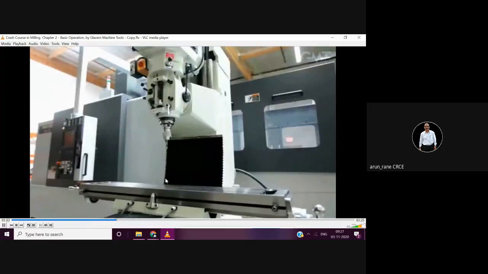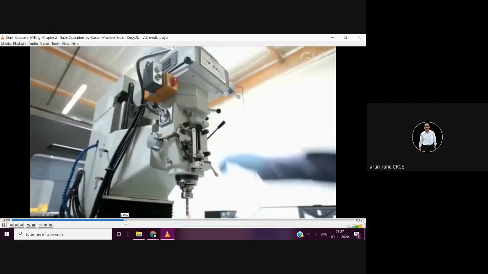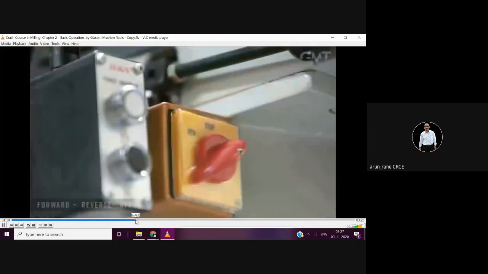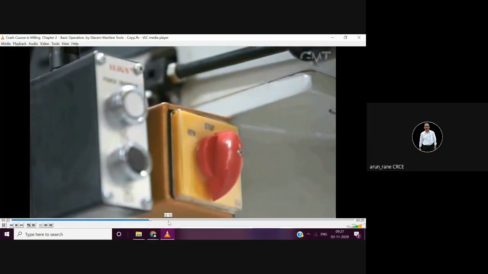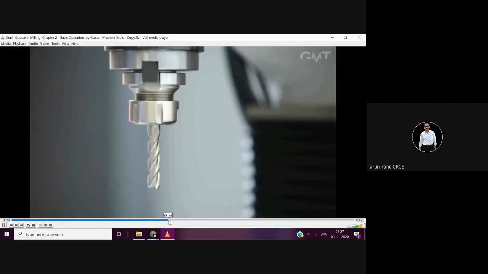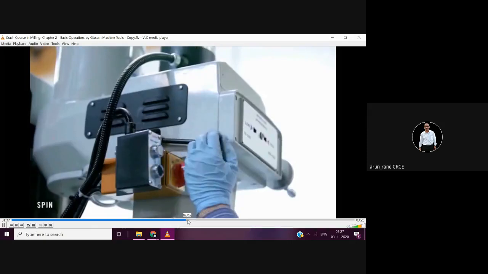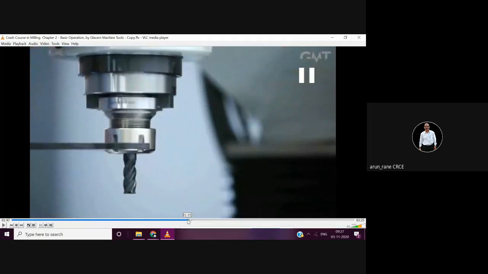The head of the manual milling machine has several levers and knobs. The power knob has a motor. Spindle motors come in single phase; three-phase motors may require a phase converter. The spindle brake holds the spindle in place when changing tools. This is a special spanner for clamping the tool, and this tool is held in it. This particular tool is called the collet holder.